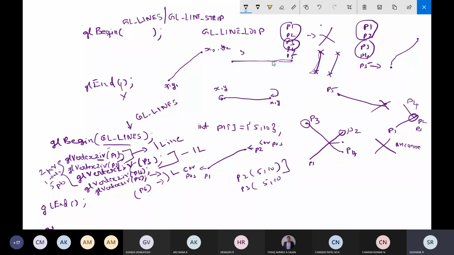So if you have an odd number of points, the last one will be left out. If it contained P1 to P6, we could have formed three lines: P1 P2 one line, P3 P4 one line, P5 P6 another line. So that is the understanding of this function called GL_LINES. This is the working of the GL_LINES constant.